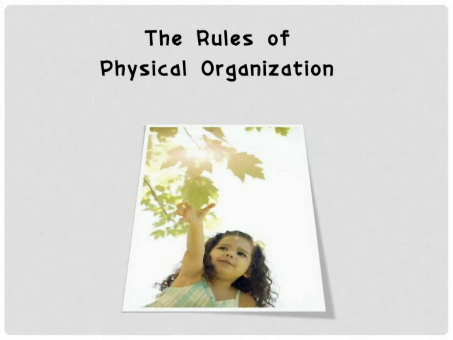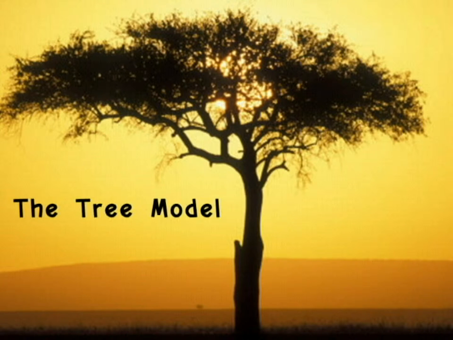Weinberger's rules of physical organization are: in physical space, some things are nearer than others. Physical objects can only be in one place at any one time. Physical space is shared. Human physical abilities are limited, and organization should be orderly and neat. Through the ages, mankind has come up with several solutions to this dilemma. One of the most popular approaches is the use of the tree model, which organizes subjects starting from the most broad and branches into complexity.